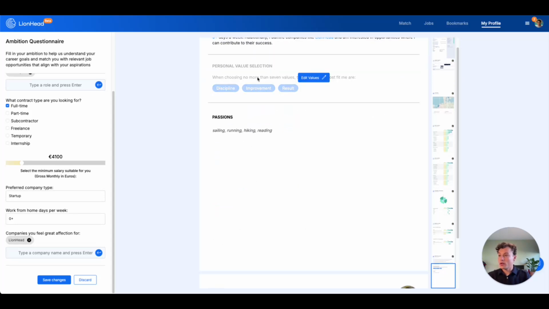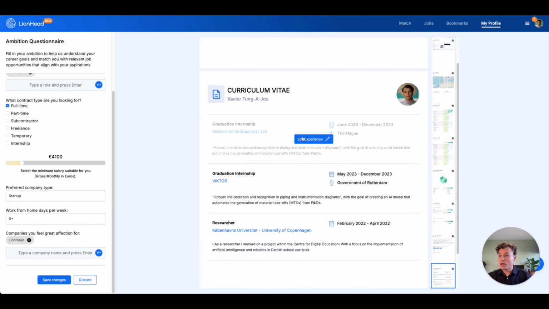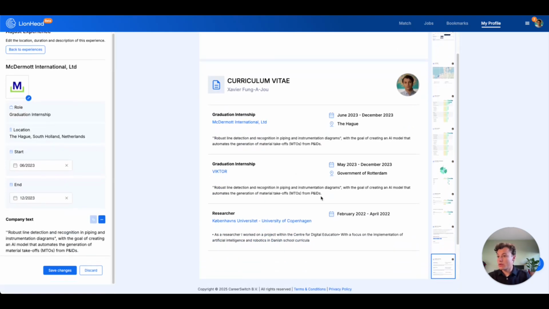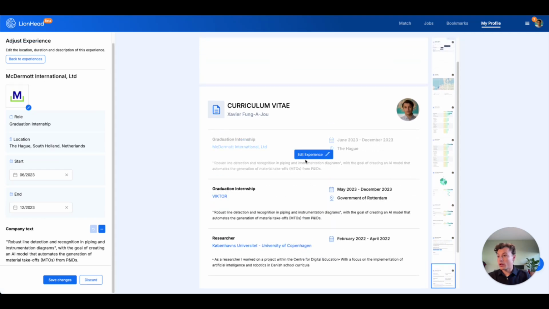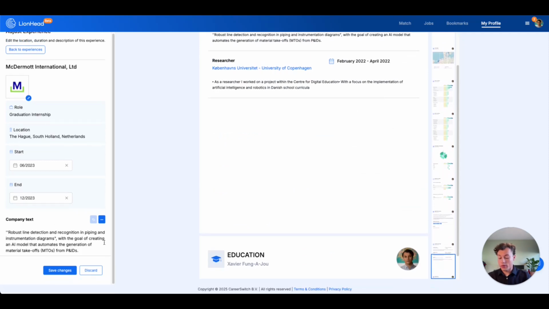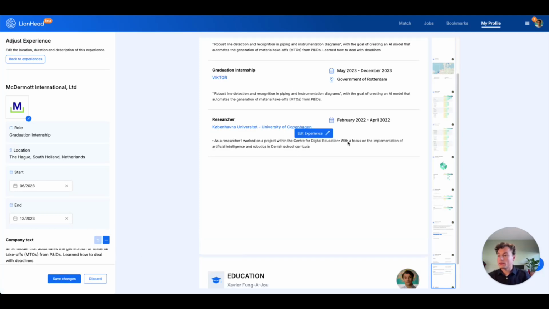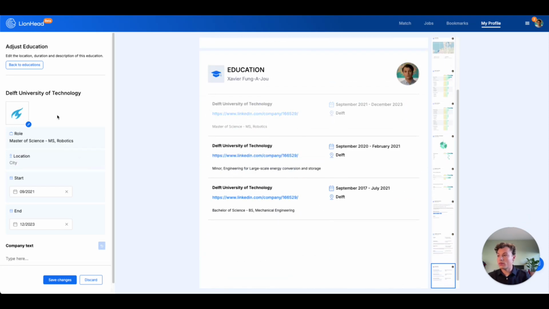Alright. As you can see, the personal values and the passions are taken over from what we edited in the summary. Here again we can edit the experiences. We can also add text for the experiences. So for instance, maybe I want to elaborate on this. So I also learned how to deal with deadlines. I can save it, and the same goes for the